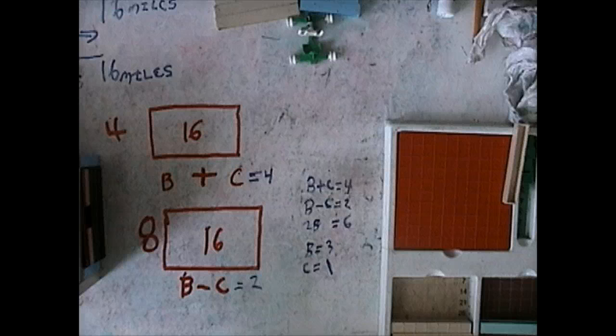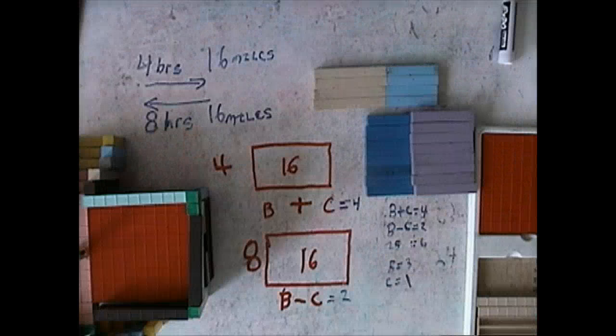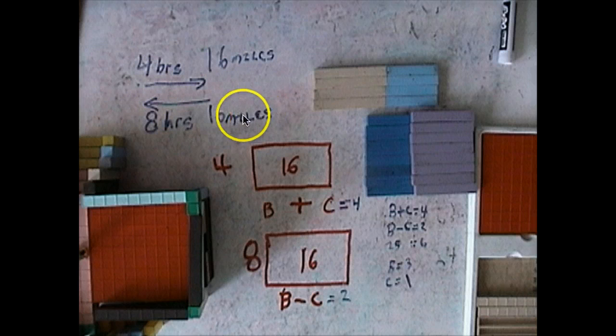And oops, we don't have a good picture of the block set up here. Let's see. Yeah, there you go. Okay, so there's the problem. 4 hours, right? It takes them 4 hours to go 16 miles with the current on the down trip. On the way back up, it takes 8 hours. They go 16 miles, and